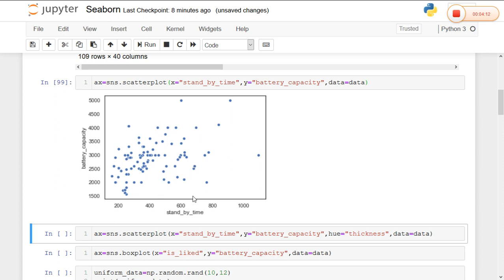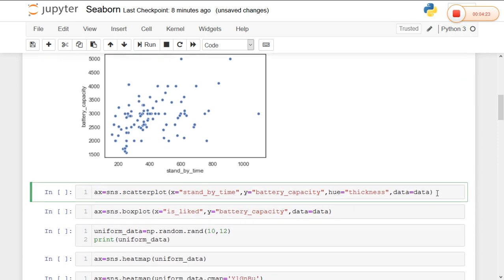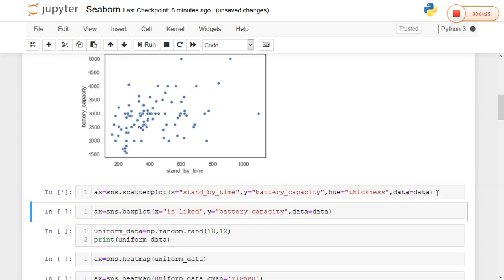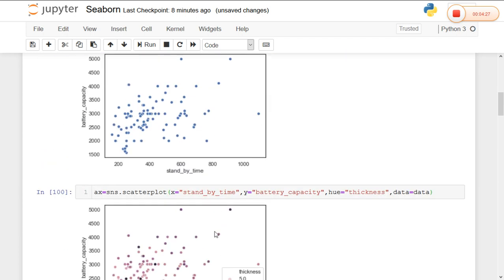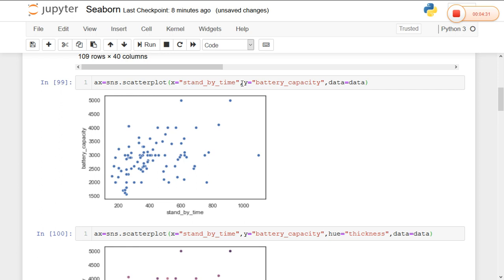Between these two columns, I have plotted a scatter plot. This is a two-dimensional scatter plot, but using Seaborn, we can also perform a three-dimensional one. In order to plot the third dimension, the parameter we pass is hue. So we pass the third parameter as hue so that the plot becomes three-dimensional. You can clearly see the differences between these two plots of standby time and battery capacity. This is a two-dimensional plot.